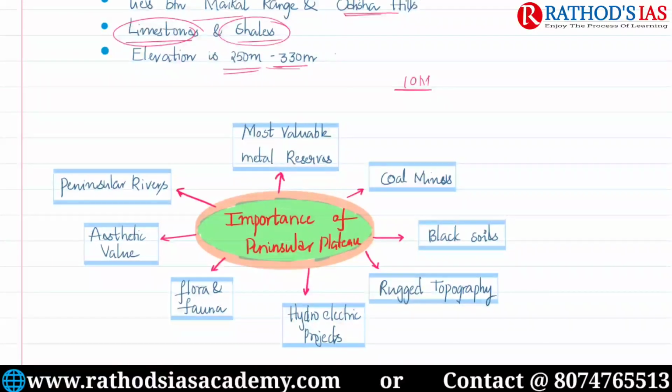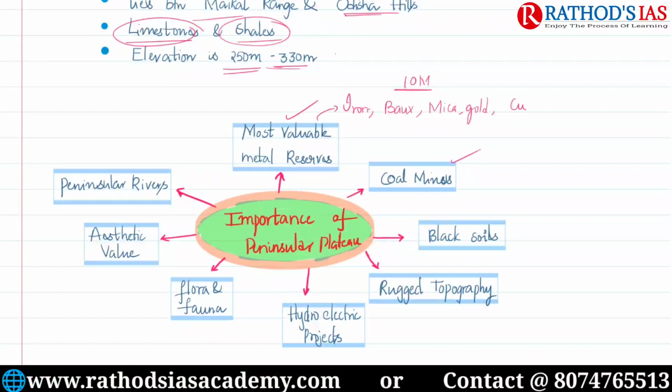is the home of India's most valuable metal reserves. As you all know, these plateaus are sources of minerals, for example iron, bauxite, mica. In some areas you can also get coal, for example the Karnataka Plateau, and even copper. Famous mines such as Kolar, Singhbhum, Korba are located in the Peninsular Plateau. So in this way you can write the first idea, that the Peninsular Plateau is a source